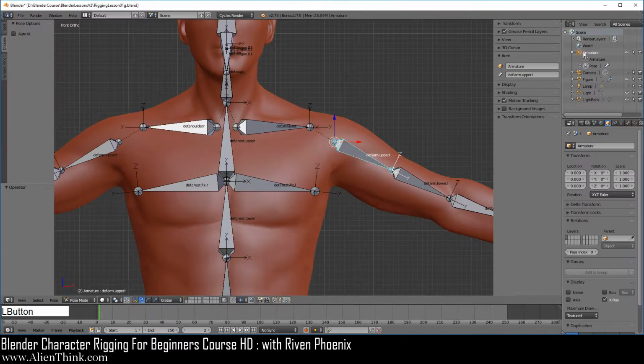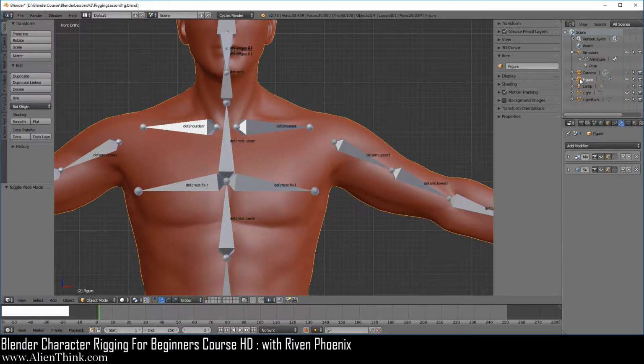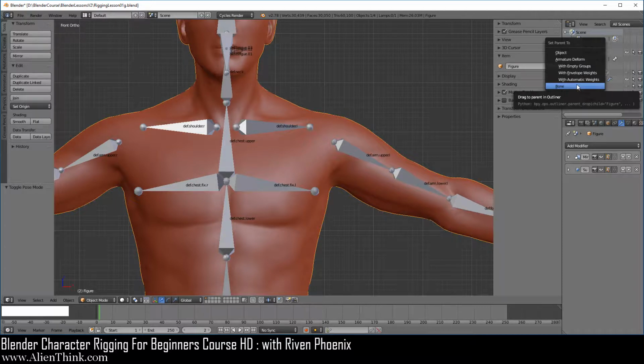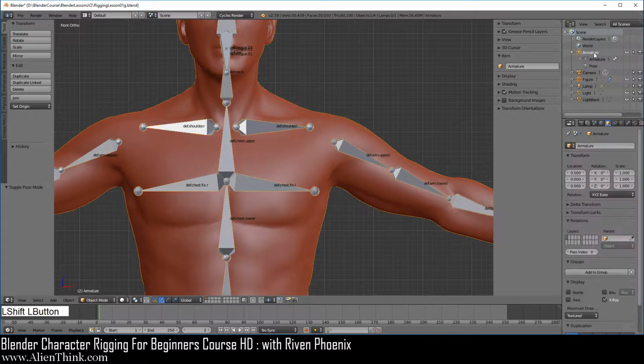Go ahead and click on the armature first and switch this to object mode. Now notice that when we want to create parent-child relationships in the outliner, we can simply click on the figure over here and move our mouse right here on the icon and press the left mouse button down and drag it onto the armature. We get the options for the Set Parent To. Now the other way you can do this is you can simply click on the figure in the outliner, press the shift key down and then click on the armature.